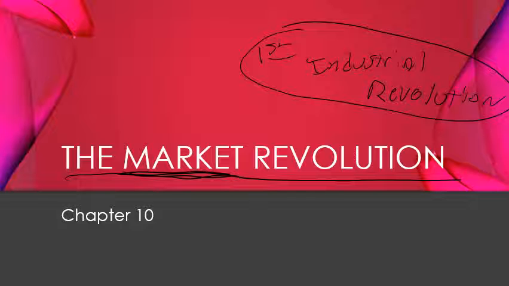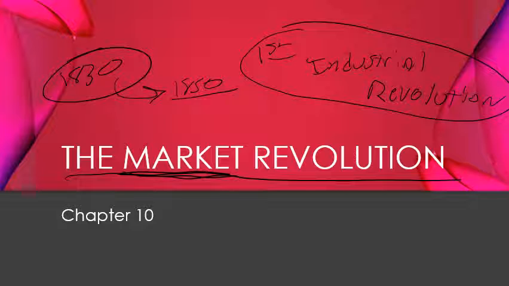So where are we historically? Right now, we're in the year roughly, we'll say about 1830. Same time frame as Andrew Jackson, but we're talking about some different things. We're talking about some economic and social factors here in chapter 10. And we're going to take this chapter to about 1850. So this is where this market revolution era takes place. The packet will be due on Monday, and the quiz for chapter 10 will be due Monday as well. So be ready for that. I think it'll take us about 3 days to get through this chapter, and then the quiz will be Monday.